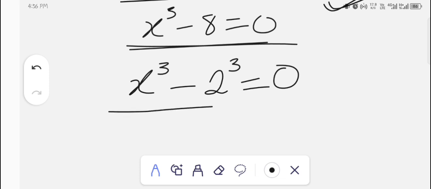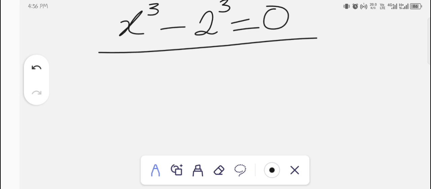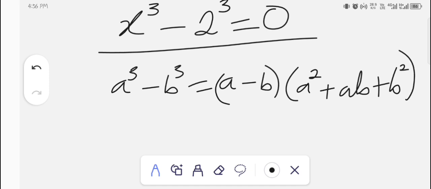So here we have the difference of 2 cubes, right? Very good. We know algebraically that a cube minus b cube is equal to a minus b, multiplying a squared plus ab plus b squared. This is an algebraic identity. So it is this algebraic identity that we're going to use to form the expansion of this, where a is equal to x, b is equal to 2. Very good. And so we have